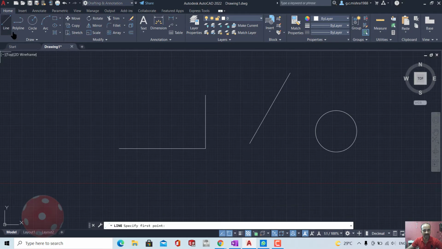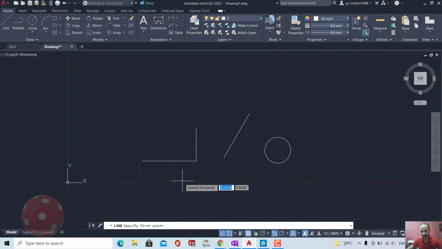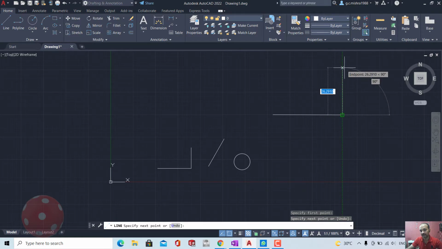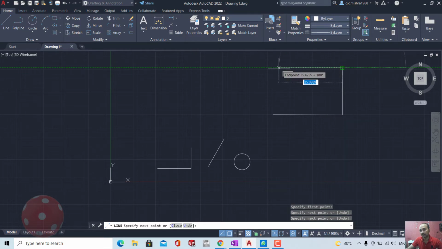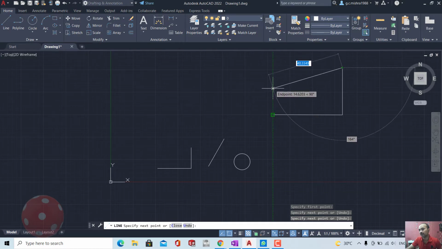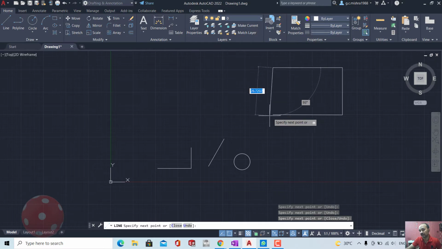Suppose you want to create a rectangle. I created a line, a second line, and if you are coming here, you don't know where the point is. But if you want to come in line with this point, you will go here and it will show you that this line is here. You can come in line with it and then click here.